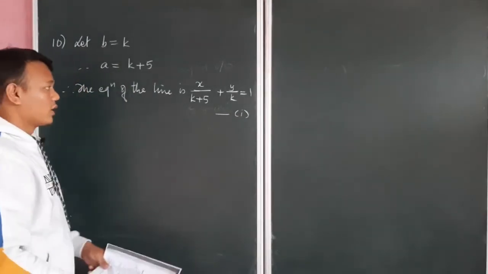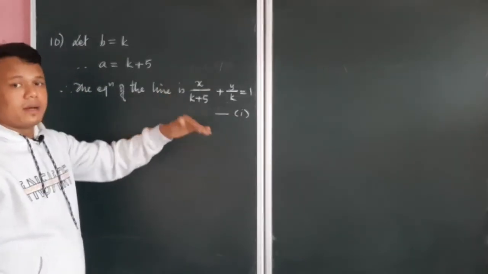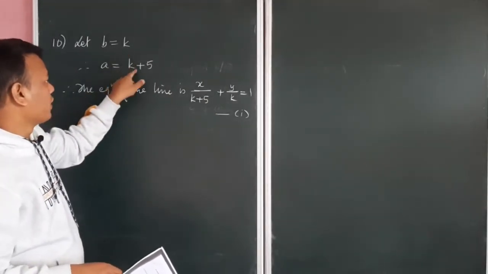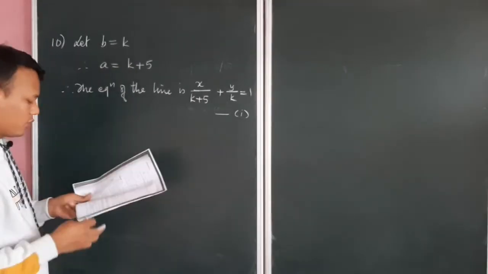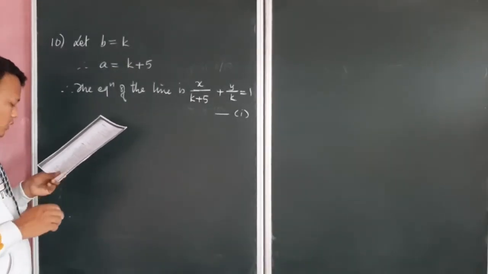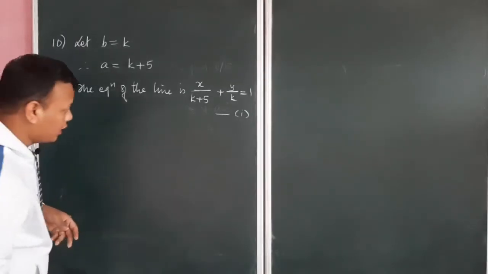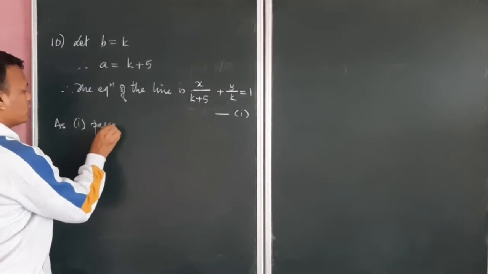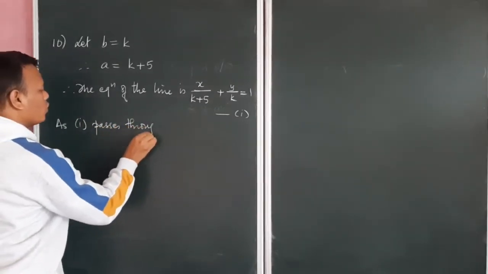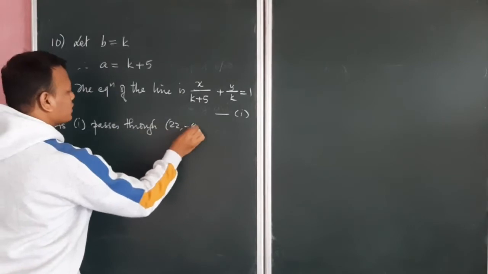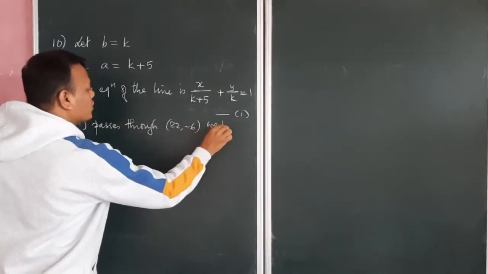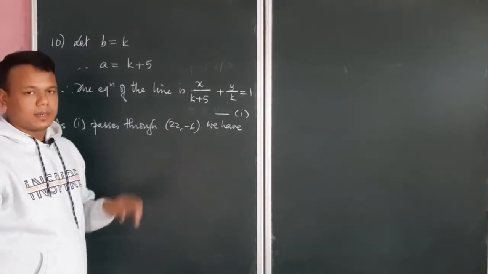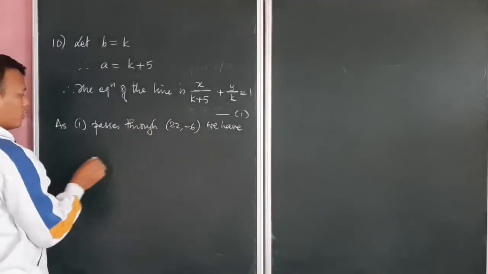Now this line passes through one point. Why is that point given? That point is given in order to find the value of k. The point is (22, -6). As the line passes through (22, -6), we can substitute the value of x as 22 and y as -6. So from 1,